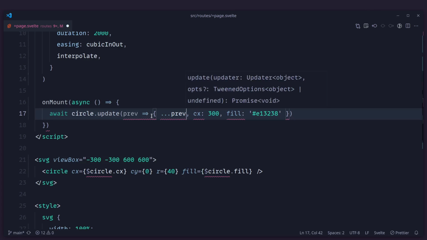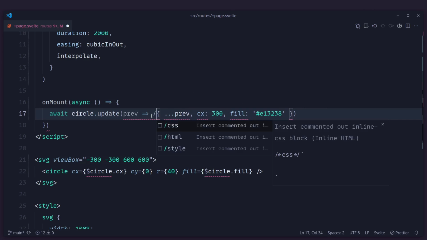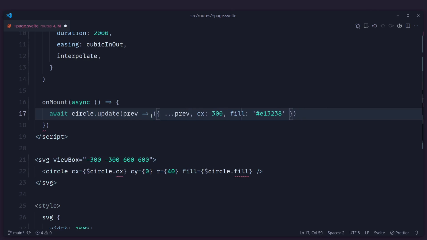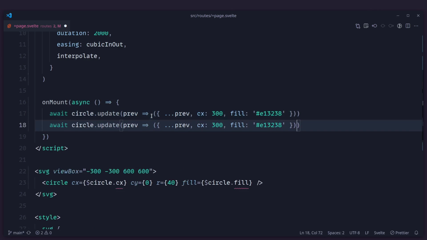And this is a syntax error because we're just returning an object, but we have to put it in parentheses to be valid. Otherwise, you have to put it in an entire block and say return, right? So basically, that's how we can do this. And now if we copy this over again, now we can only update the value that we're interested in. All right, so I'm going to save this and let's see if everything works. We just refresh.